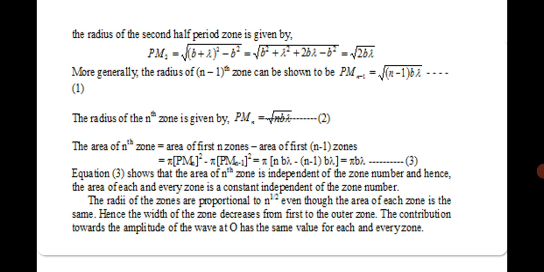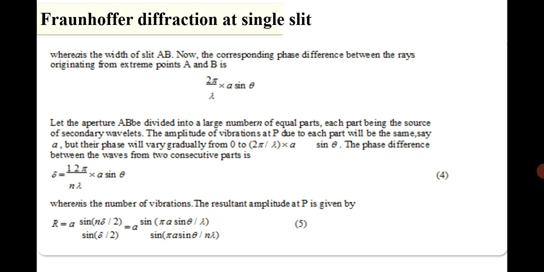The radii of the zones are proportional to n to the power of 1 by 2, even though the area of each zone is the same. Hence, the width of the zone decreases from the first to the outer zones. The contribution towards the amplitude of the wave at O has the same value for each and every zone. Fraunhofer diffraction, whereas